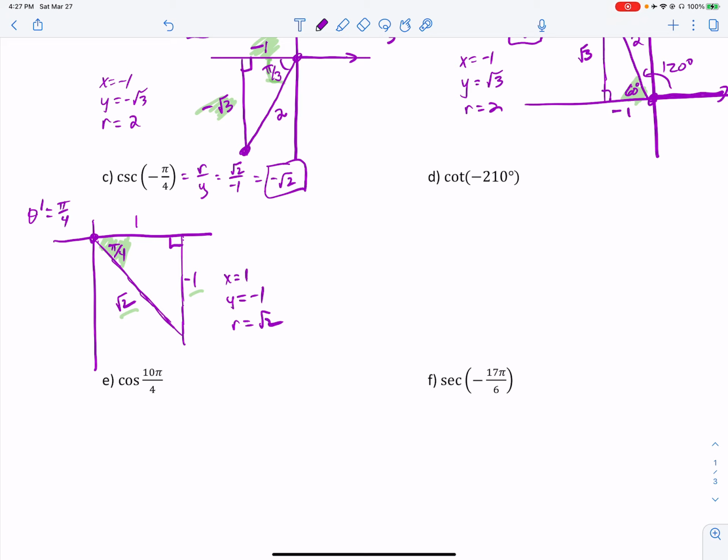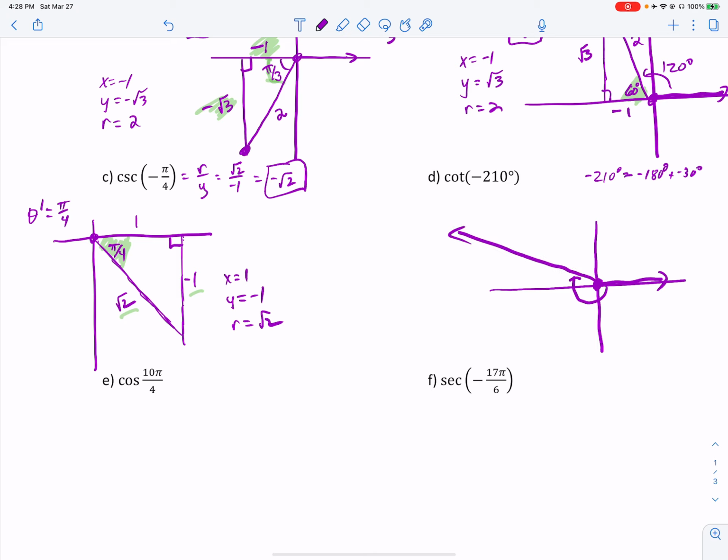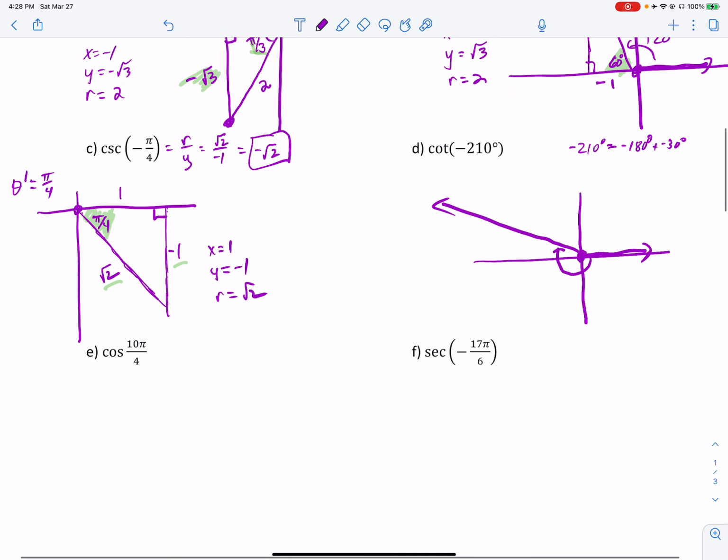Cotangent of negative 210 degrees. Well, I'm thinking a negative 210 is a negative 180 and an additional 30 degrees beyond that. So I'm rotating clockwise. I'm going to end up in quadrant 2. Rotate around, but I'm only going to be 30 degrees beyond that half a turn. And so that's going to create this reference angle to be 30 degrees. So stop somewhere on that terminal side,